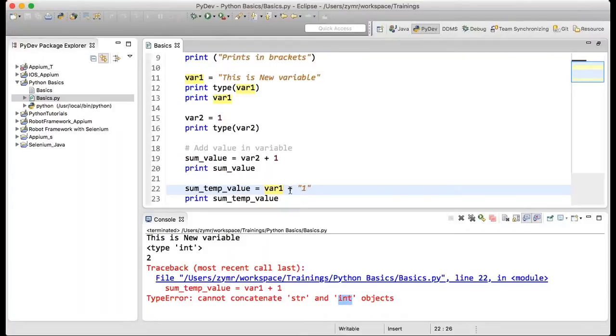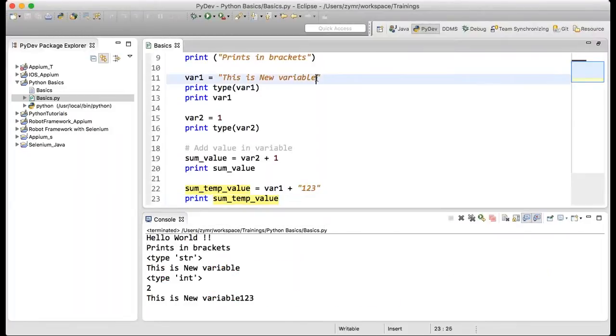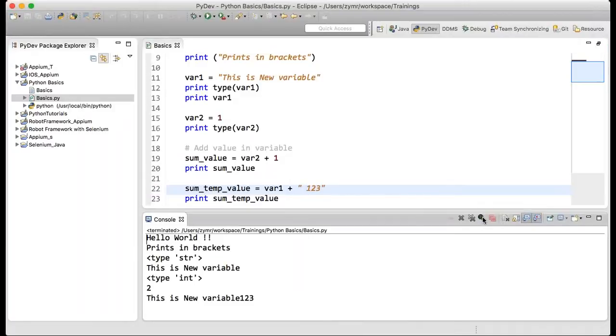Between any two digits, if there is an operator, then those two variables are called operands. So var1 is one operand and on the other side we have put in double quotes any value. If you put anything, 1 2 3, let us see what this will print. After this variable string, it actually printed us this string. You can give a space so that it will make more sense when reading the output.